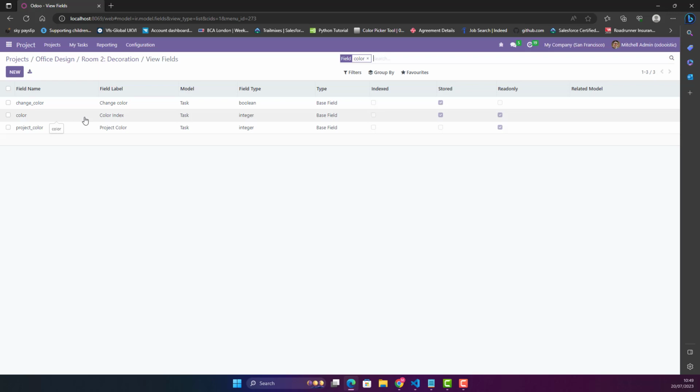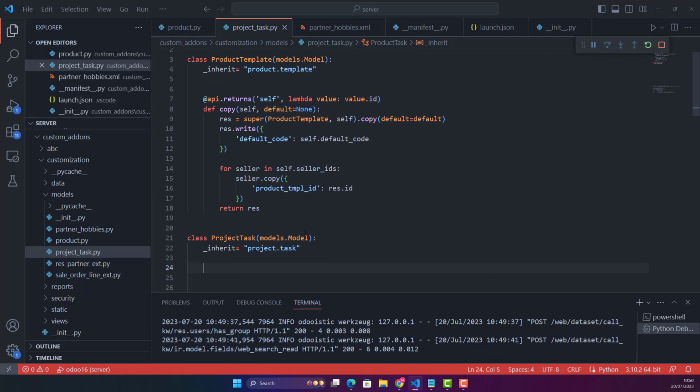So what we are going to do now, we will just change the behavior of that color field, because at the moment it's not computing, it's just any kind of field which we can change according to our requirement or according to our choice. But now we are going to compute it. So let's do it. So we say the same color field which is already existing,